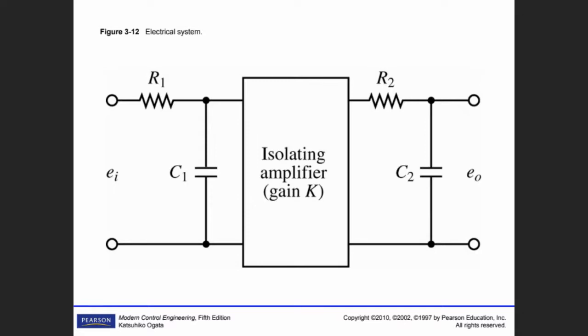For the first part, for this one, TF is equal to 1 over R1 C1 S plus 1. However, for this part,